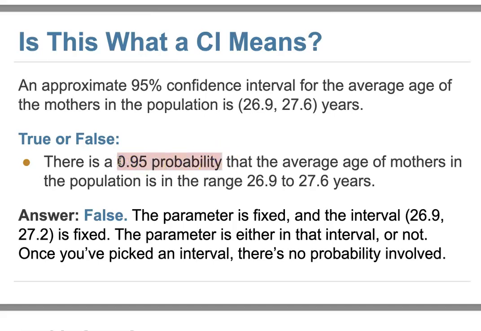Okay, probability is just a random sample. So here we have our result. We just told you the confidence, so it's nothing related to the probability. That's why the parameter is either in the interval or not. We just told you we have 95% confidence. So when you pick an interval, there's no probability involved. So that's the second discussion question we